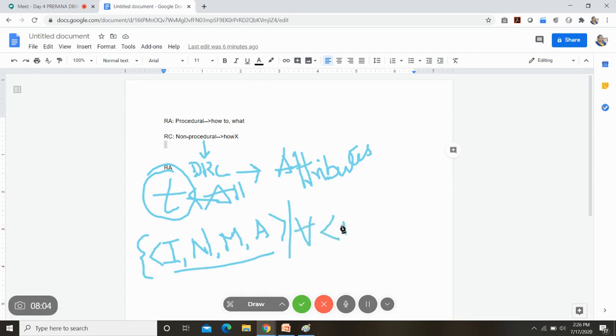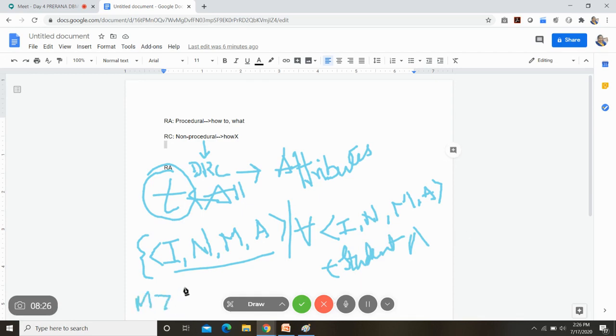So what are all those things that we require? The attributes: ID, name, marks, and age or attendance, whatever it is, that belong to the student table. Then again your condition. And what is the condition that you wanted to specify?